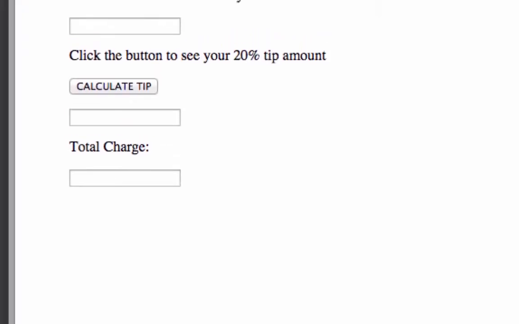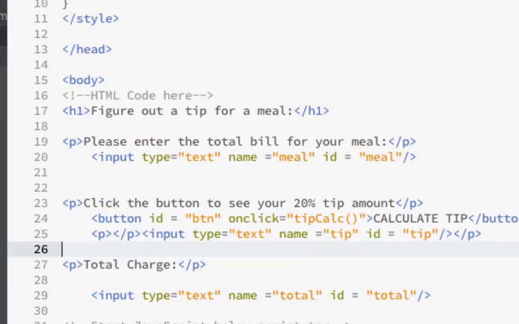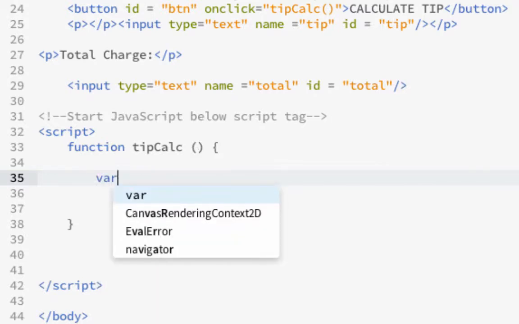So I'm going to go here and check it out, refresh it. Now I can't do anything yet, but my button's going to work. Like I said, we have the function set up ready to go, and I'm going to write some variables. So I'm going to do the first one. The variable is going to be meal. So I'm going to do var meal